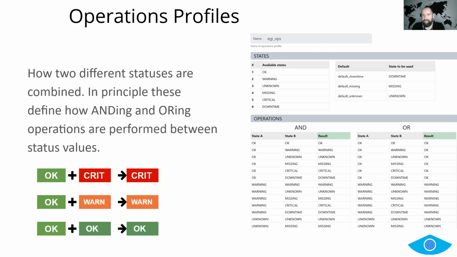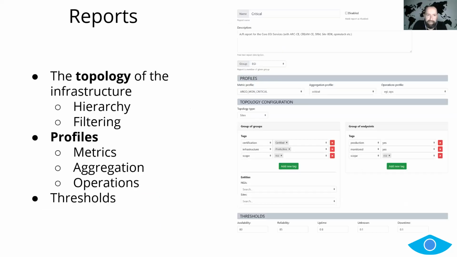And then you could basically reuse the rest of the system to calculate availability and reliability based on completely different inputs. We haven't tried this part yet, but these operations profiles, we are actually hiding them from people. This is the first time I'm actually presenting about them. Sorry, somebody presented it before, but we were always kind of hiding it. But this is quite a powerful tool, which is still to be fully used.